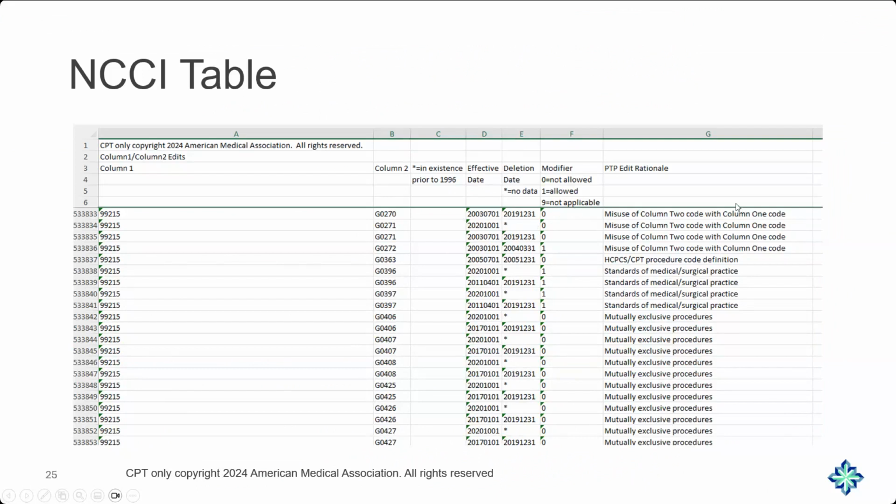So column 1 and 2, this is the rationale for it. So it's mutually exclusive. If it has a termination date, then that one's already done. If it doesn't, then that one's still in effect. And you can see, okay, here's a 99215 with a G0271. This one is expired. Okay, so we go to 271. This one's not expired. It's still active.